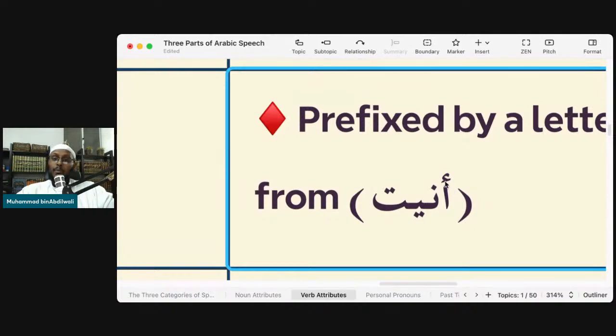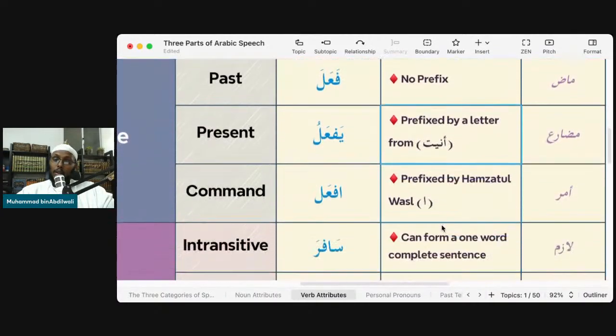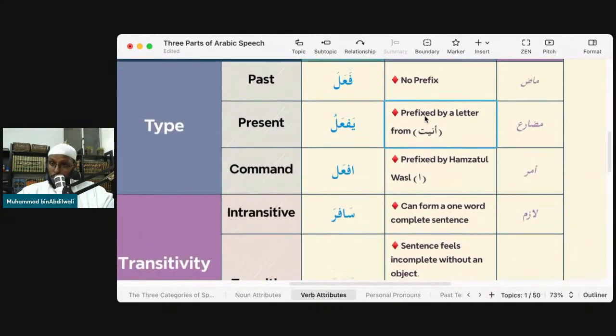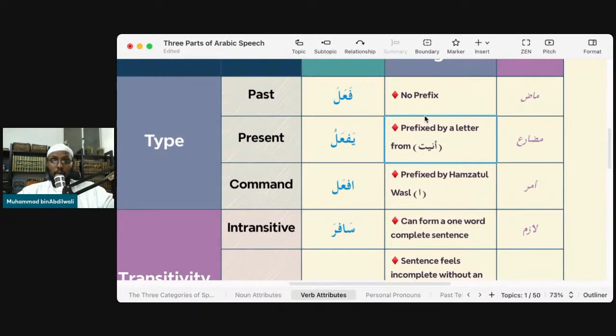If this one comes at the beginning of the verb, most of the time, not always, it is a present tense. But if you see just an alif like this, or with a small sad squiggly line, then it's going to be a command tense for the most part. Not always, right? But these are general rules. There are other rules as well. But the best way by far